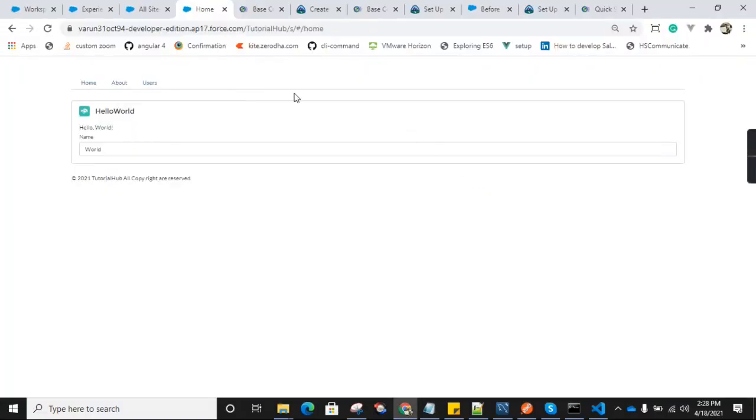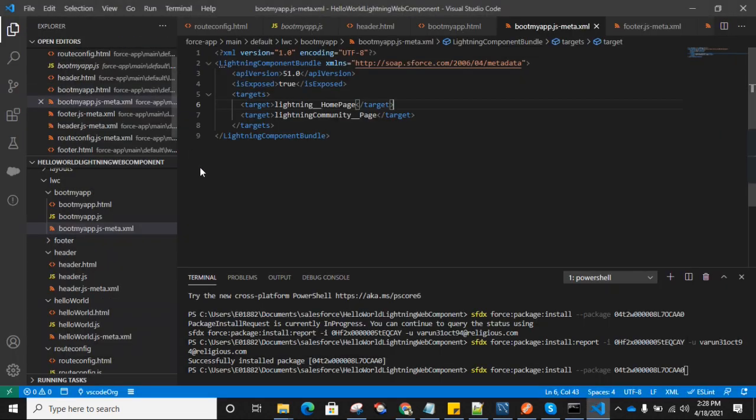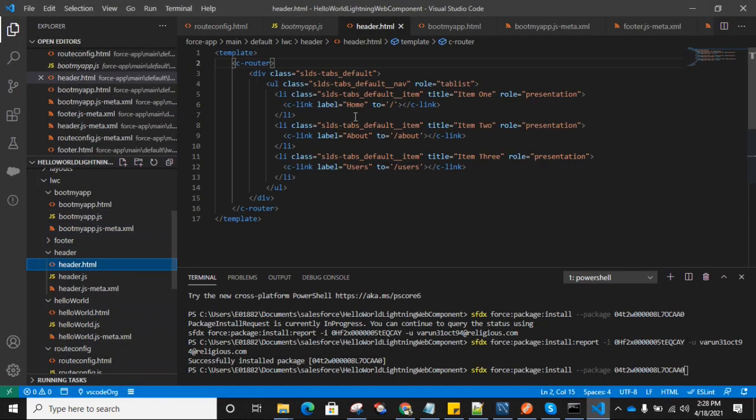I can use it like this. Okay, so when you click on user, this is the c-link in the LWC router. You can check it here in the header HTML. I am using a c-link. Users, about. So this c-link can work